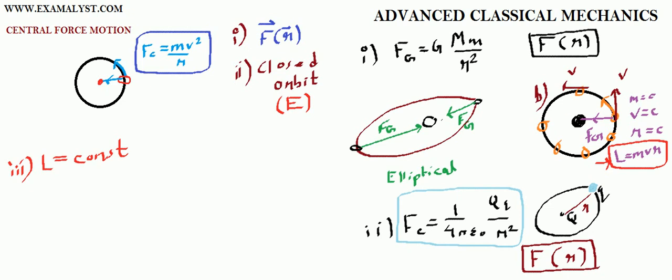Now what is the angular momentum in the elliptical path? Okay, let's try to understand. Angular momentum is a multiplication of mass into velocity into radius. But something interesting happens in an elliptical orbit: the radius is changing. Here the radius is small, here the radius is big, here the radius is small, and here the radius is big. Now, if the radius is always changing, then how can I make the angular momentum constant wherever the planet Earth is around the elliptical orbit?